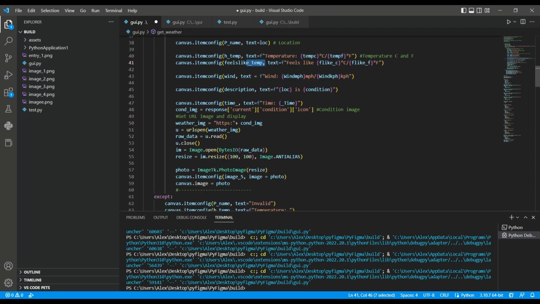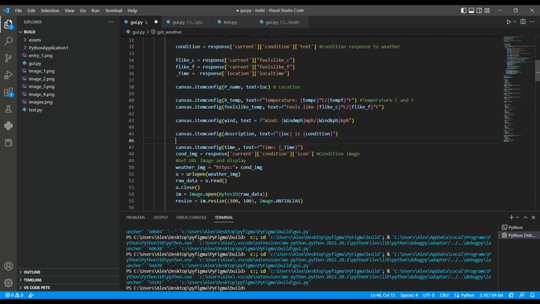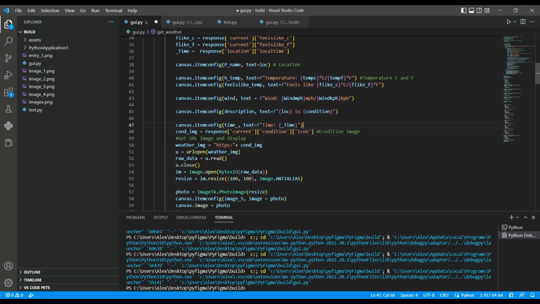URL of the image. Here's the code for the URL of the image. Getting the URL of the image first, accessing the data, the dictionary of the data on the provided API for the weather application, weather API here. After getting the current condition icon, it goes to the weather and equals to HTTPS, since the provided icon does not have the HTTPS, so it doesn't access, plus the condition image, which is here, accessing